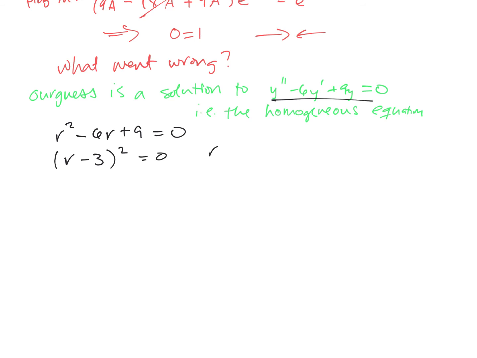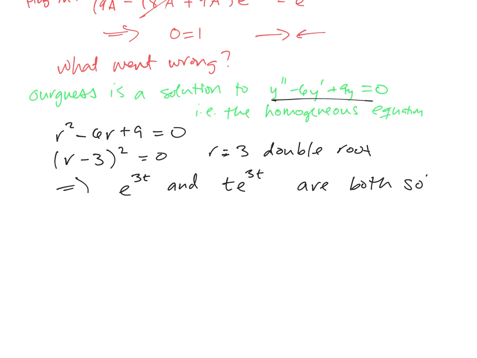And so we have that r equals 3 is a double root. So then we get that e to the 3t, and remember when we had a double root, our second linearly independent solution was t e to the 3t. Both are solutions